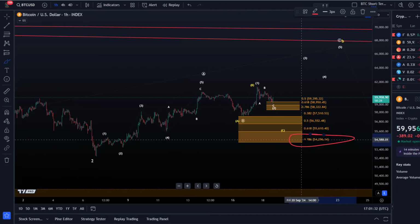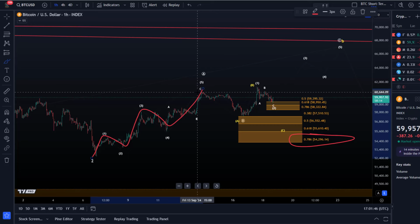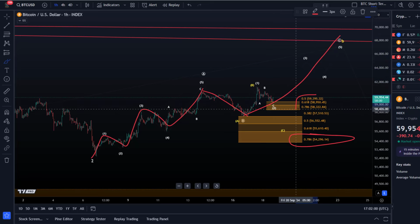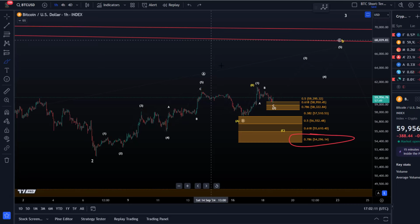I've got two support areas here on the chart, two Fibonacci support areas. The upper one is relevant for the direct move to the upside scenario, in which we can say we have a wave 1, a wave 2, a 3, a 4, and a 5. And then this is a 5-wave move and therefore potentially bullish. Then we said, okay, it's possible we already touched our support area in wave B, which was a pullback. So maybe we are already in wave C, and then the upper support area, however, should hold. It is defined between 59,400 and 58,320. And we're dealing with a 1, 2, 3, 4, and a 5. So this would be the direct pathway to the upside, which is plausible because we have